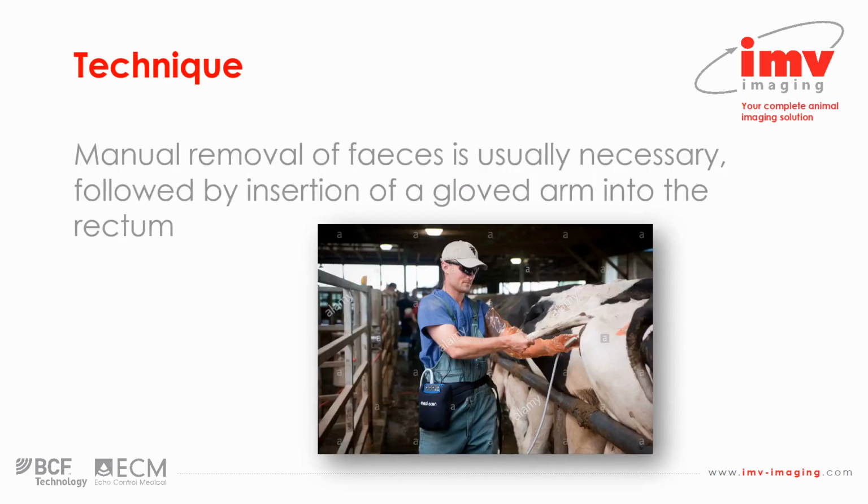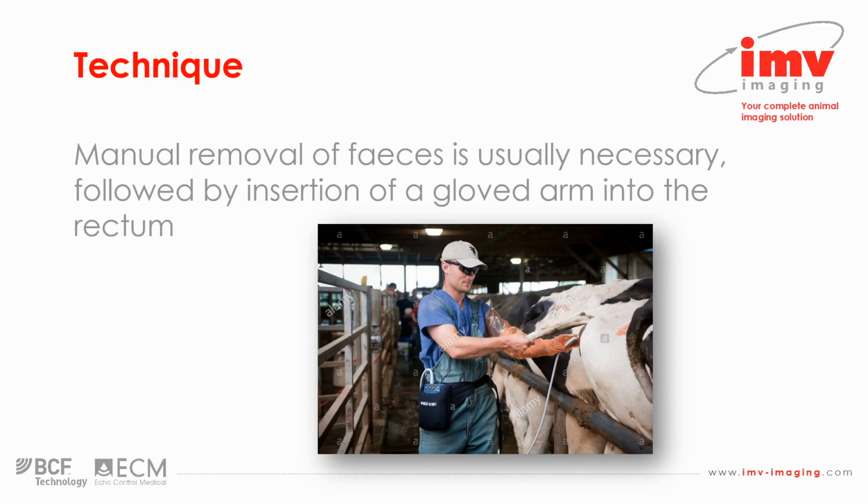Manual removal of feces can be a little bit of a controversial subject. Some veterinarians prefer not to, on the grounds that in the process you may introduce air into the rectum, which can make scanning actually harder than if you have feces there. My personal opinion is that I tended to find that I could get the feces out very easily without introducing too much air, so long as I kept my arm in the rectum to some degree, and I found it hugely improved the quality of the image I achieved. You have to make a personal decision on this,